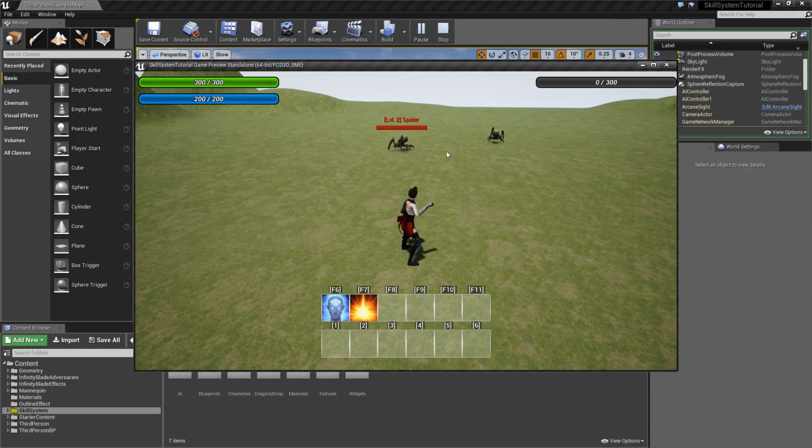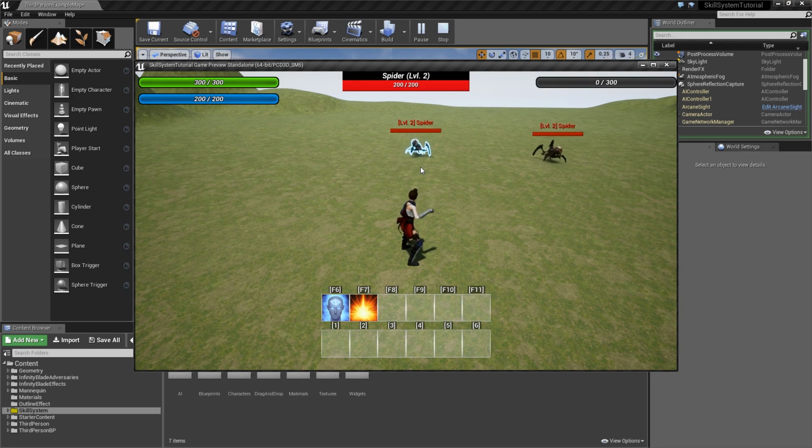In the last one we created a little selection system so we can select enemies, they are highlighted and we see their HP, level, name. And today we are going to use that system to create some new spells. In particular we are going to create magic missile effects that are really common in those MMORPG titles. So you just select an enemy, hit your spell and it will launch a missile that will automatically hit the